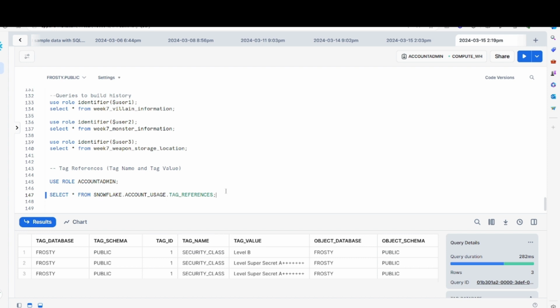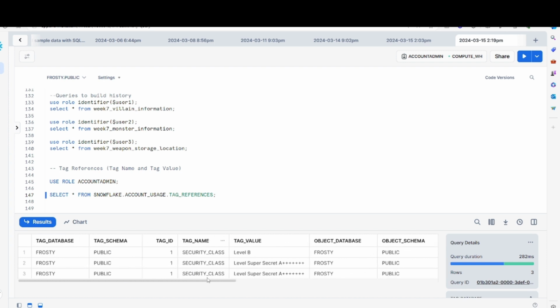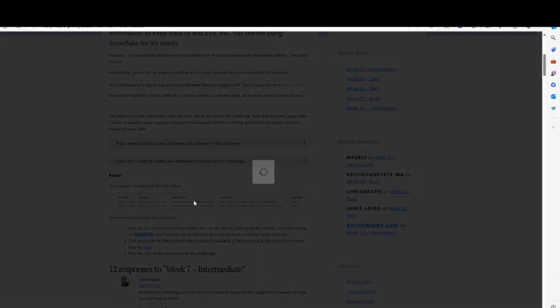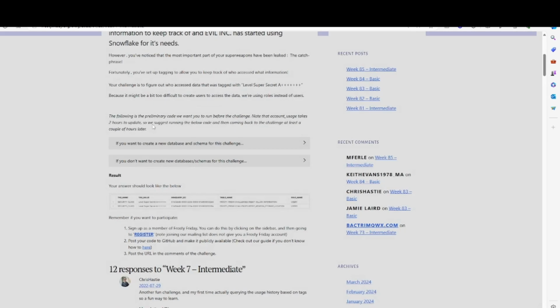So after looking at it a few hours later, I'm going to look at, okay, we have got the tag name and tag value, right? I'm not bothered about looking at the others. So what I'm going to do here is tag name, comma, tag value, right? Okay, I got something like this. Okay, for the next one, I got similar to what I can say here is the minimum query ID, right? So looking at the minimum query ID,